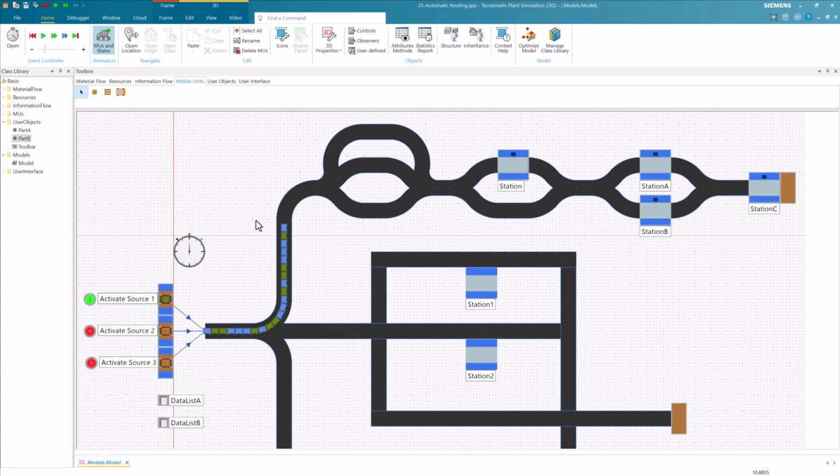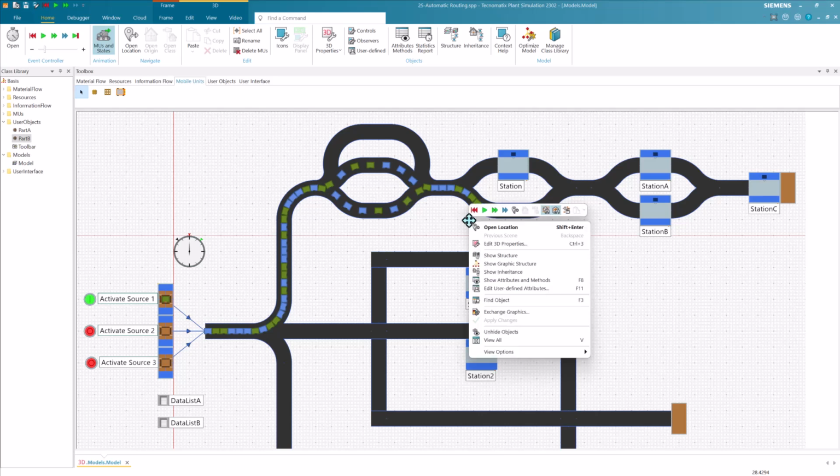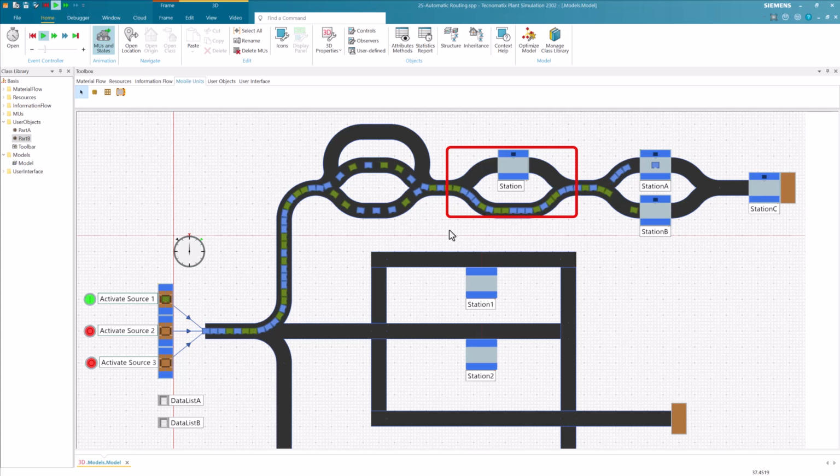As we continue the simulation and wait for the parts to pass the junction, we'll observe the remaining route displayed in the tooltip. We can additionally observe that the route where the station is located is avoided by the parts. The reason for this is that if there is a possible route that does not include passing through a station, the parts will choose that route. If you intend for the parts to follow a route that includes a station, you need to specify that explicitly. This is to prevent unintentional processing by a station.